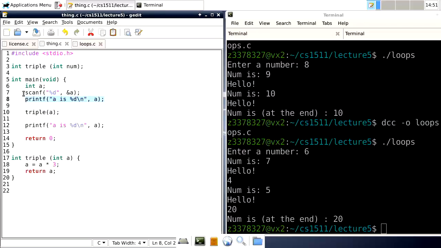So we're passing in a number to our triple function. That's changing the number, right? We're changing what A is in here. If I say like in triple A is... So we can see in the triple function,